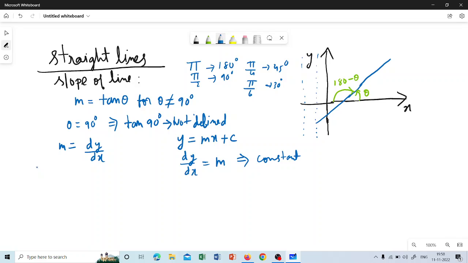So now I have two conditions. Similarly, I told that the slope of the y-axis is not defined. So what is the slope of the x-axis? The slope of the x-axis is tan 0 degrees, that is 0. The slope is 0. So for any line parallel to the x-axis, or the x-axis itself, the slope is 0. So the first condition is